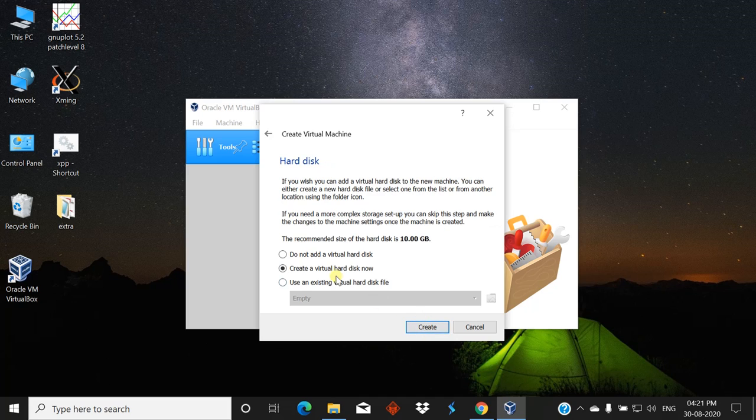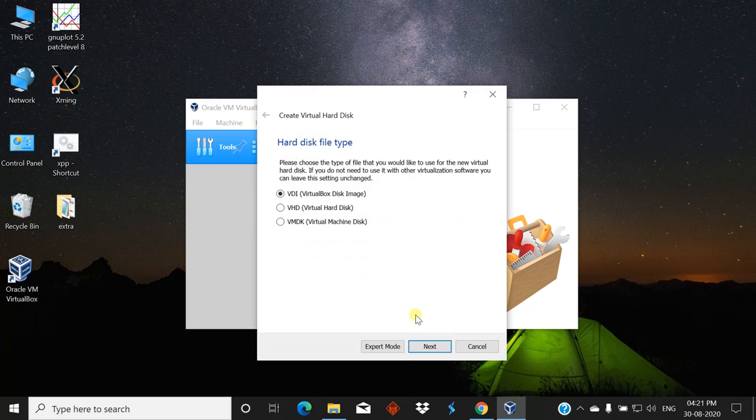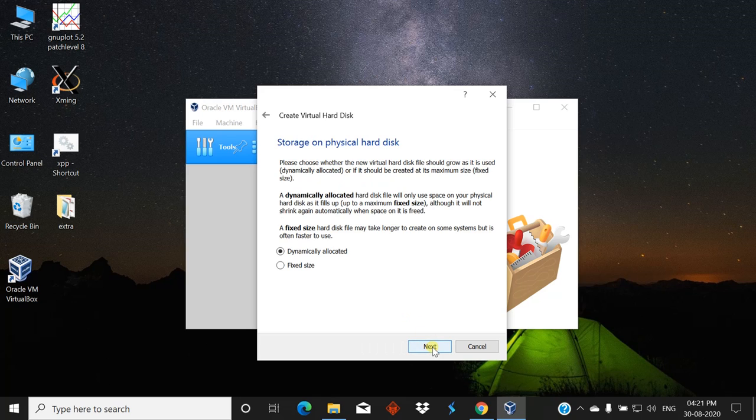Here the configuration I just leave as it is, and go to the next option. Here also I just leave it as it is, no change. Now there are two physical hard disk types, fixed size and dynamically allocated size.